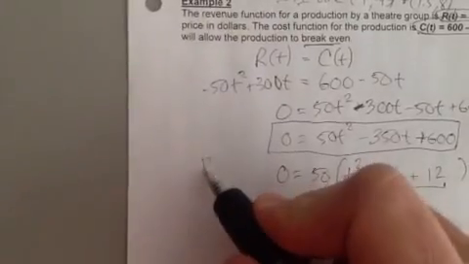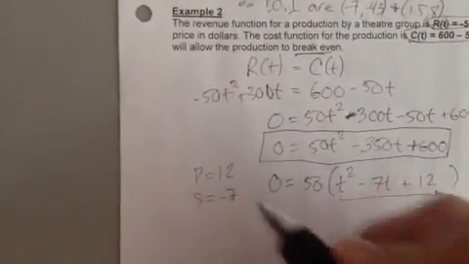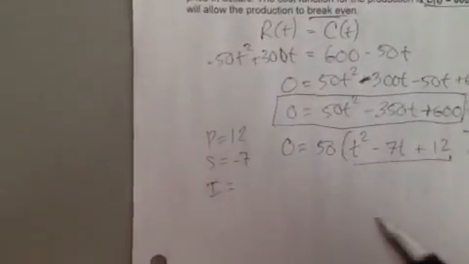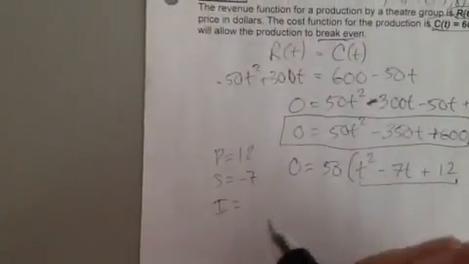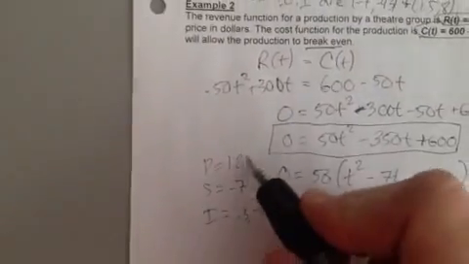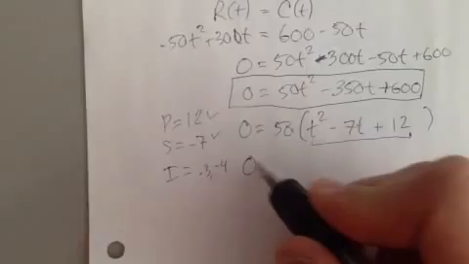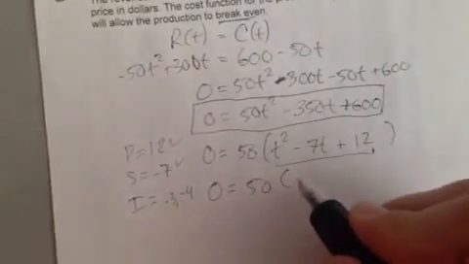So if I use PSI, the product of that thing is 12. The sum of that thing is negative 7. So two integers that multiply to positive 12 and add to negative 7 are negative 3 and negative 4. Let me double check. They multiply to positive 12 and add to negative 7. So this will be 50, and then I will have t